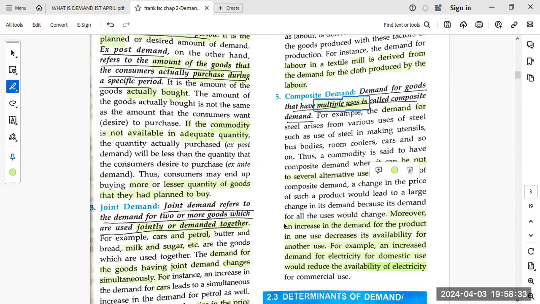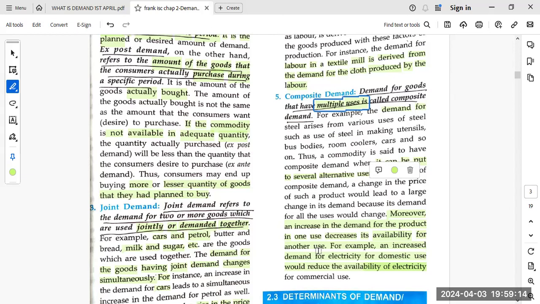Moreover, what will happen to the price and quantity when the price rises? When the price of milk rises, you are going to use milk only for necessary things, not for unnecessary things. If the price of milk rises, you will only use milk maybe just to drink it in raw form. You are not going to make curd, butter, or ghee out of it. An increase in demand for the product in one use will decrease its availability for another use. Because it has multiple uses, if the price of milk rises, you are going to use it only for the most urgent use.